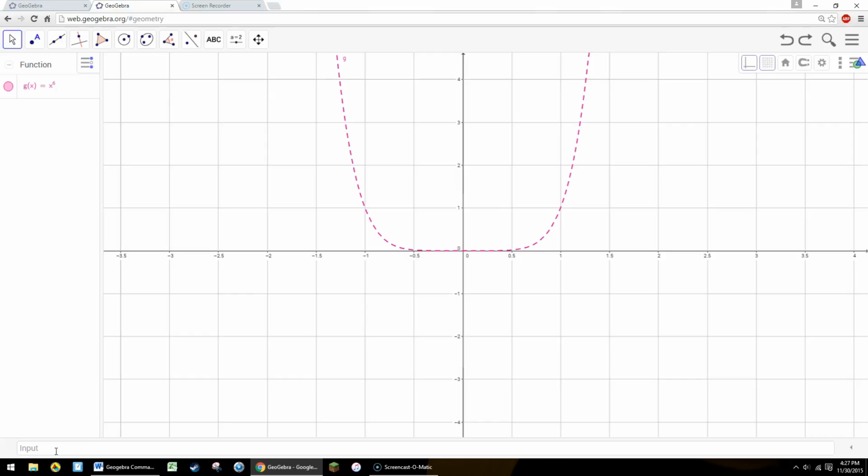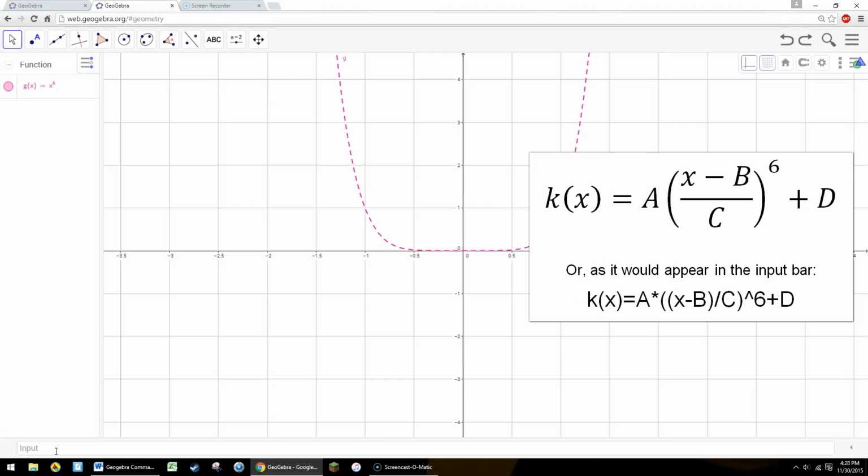So basically a parabola that's been a little sharpened. And what we're going to do is insert parameters into the x to the 6th equation, a, b, c, and d, so that I can perform a vertical shift, vertical stretch, horizontal shift, and horizontal stretch at various points. So the way we do that is we go into the input bar and we define a new